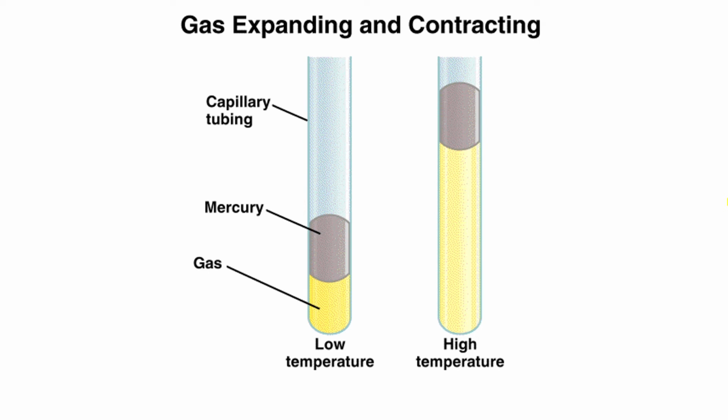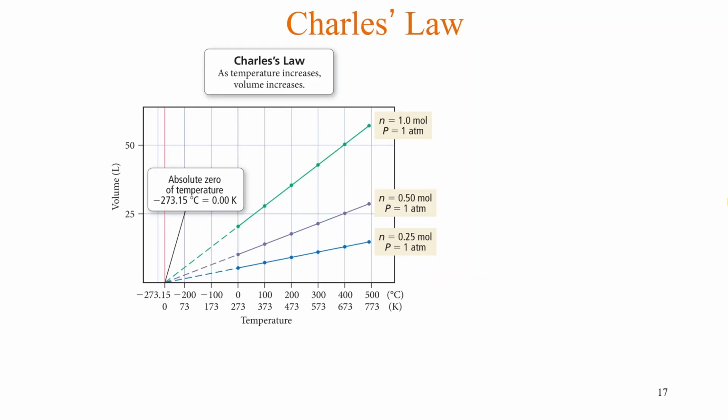In this experiment, we have a capillary tube with a gas that is trapped by a drop of mercury. I notice that as I increase the temperature, the gas expands. In other words, as temperature T increases, the volume V increases. This tells me that there is a direct relationship between the temperature and the volume. So, in experiments done by Jacques Charles,